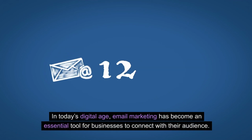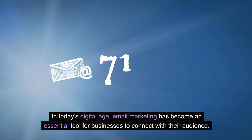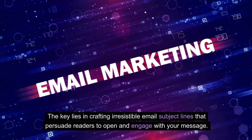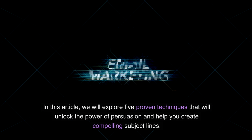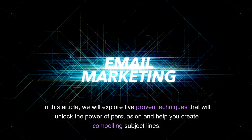In today's digital age, email marketing has become an essential tool for businesses to connect with their audience. However, with inboxes flooded with countless emails every day, it can be challenging to capture the attention of your recipients. The key lies in crafting irresistible email subject lines that persuade readers to open and engage with your message. In this article, we will explore 5 proven techniques that will unlock the power of persuasion and help you create